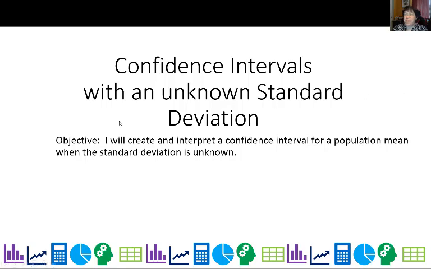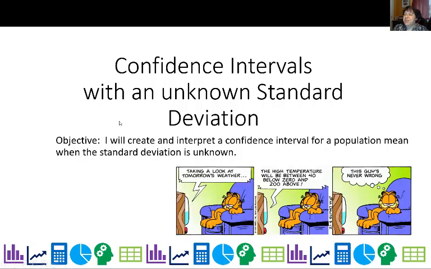But before we do that, a little bit of Garfield. Taking a look at tomorrow's weather, the high temperature will be between 40 below zero and 200 above. And he says, this guy's never wrong. Yeah, that's because he's pretty much used a 100% confidence interval, which we won't be doing because that's not very